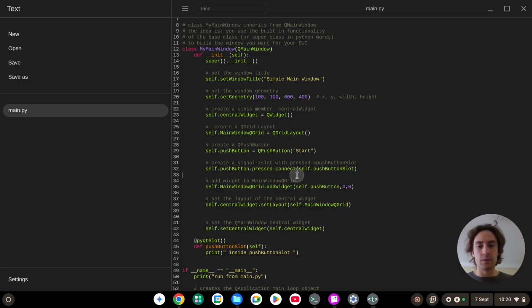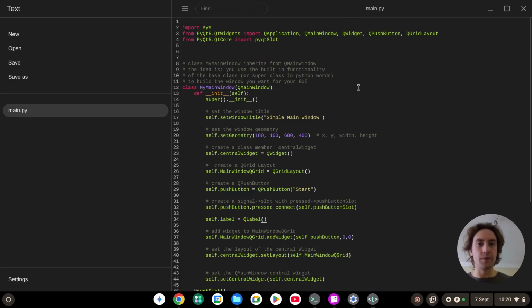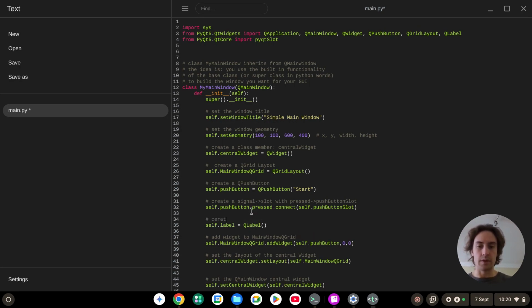So I guess we can build this out into self.label equals QLabel. I guess we can build this into a somewhat simple function and show some basic Qt stuff. So I'm going to have a QLabel come in here and create a